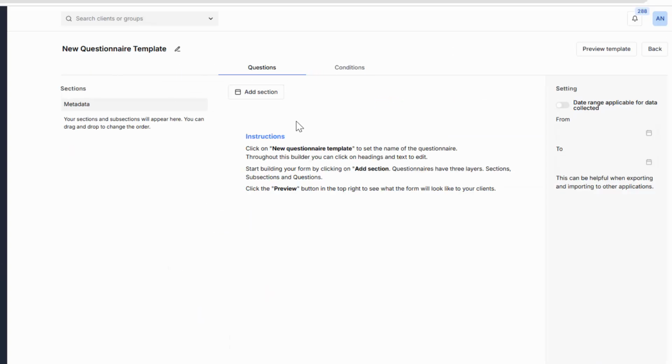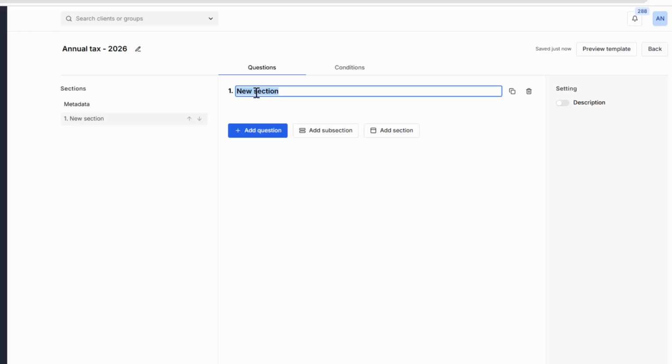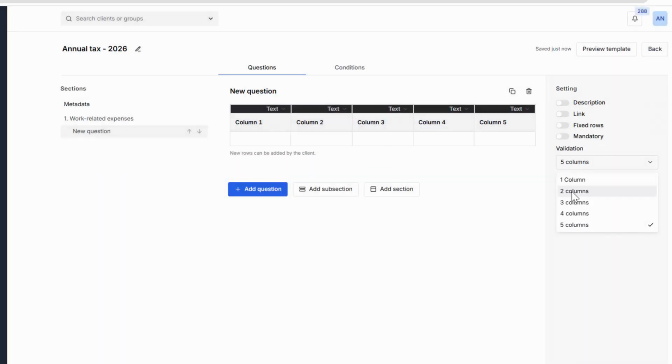So adding in a new questionnaire, adding a questionnaire title for this, which I'm going to search for later. I need a section. You need a section to add the questions. So you're adding the questions to work-related expenses in this case. In this case, it's a data table, 2 columns wide, one with currency, one with the text